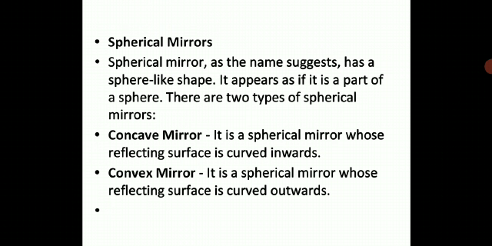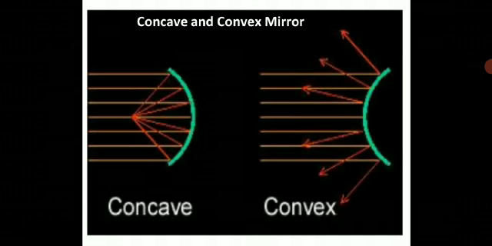A spoon will have the inward and the outward part, as you have seen. So the reflecting surface is curved outwards. I hope this is very clear. Please take down all this in your notebook. When you see the diagrammatic representation, please draw this diagram in your notebook, the concave part and the convex part of a spherical mirror.